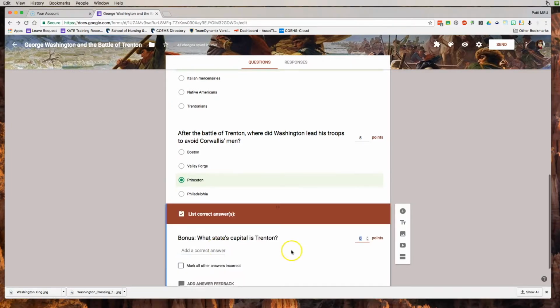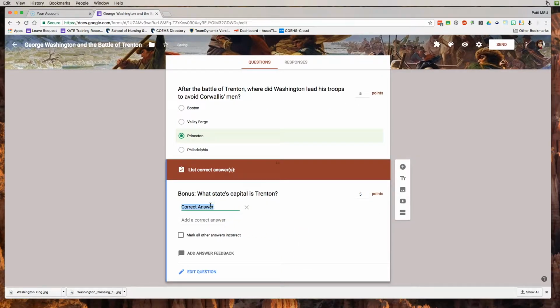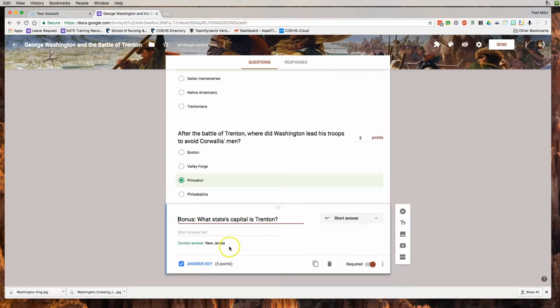We are going to click Answer Key. We are going to give it a number of points, and we're going to type the correct answer. We're going to put in New Jersey. We're also on this question. We're going to go back to editing the question, and I'm going to come down here to the 3 dots,